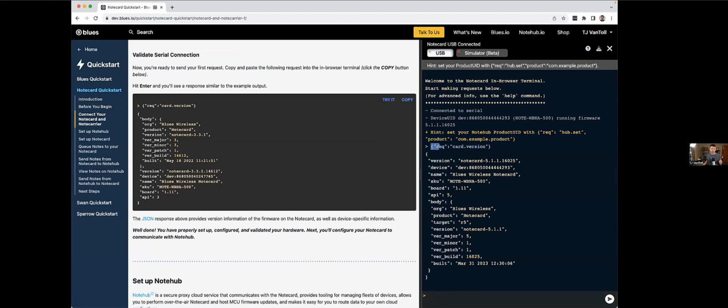So our request in is JSON that includes a request name, in this case, card.version. And then the Notecard responds with JSON as well. So in this case, card.version is just your generic version information, where I'm getting firmware information about the Notecard, what type it is, all that sort of different metadata that I want to work with. But we'd like to include this example first, just so you can see a really simple example